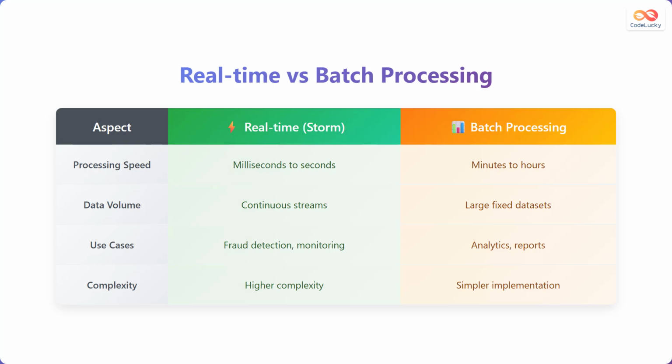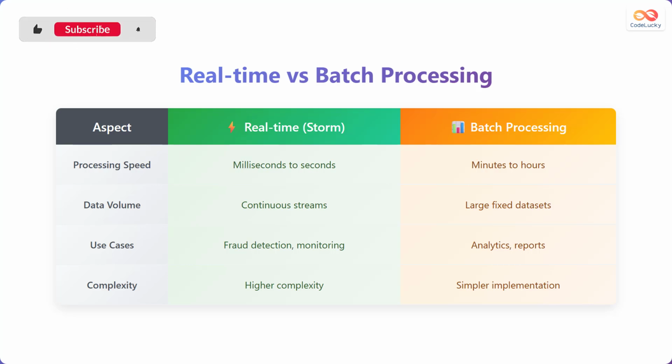Let's compare real-time processing with batch processing. This will help you understand where Apache Storm fits in. In terms of processing speed, real-time processing like that done by Storm occurs in milliseconds to seconds, whereas batch processing takes minutes to hours. When it comes to data volume, real-time processing handles continuous streams, while batch processing deals with